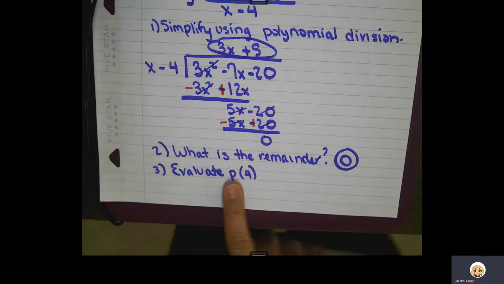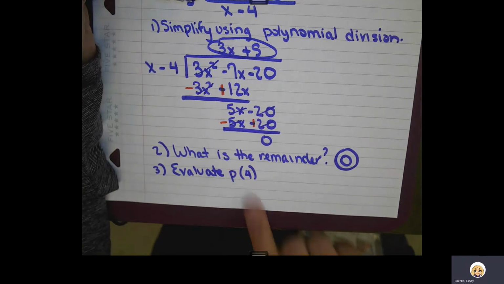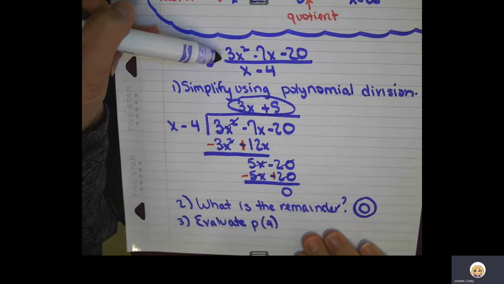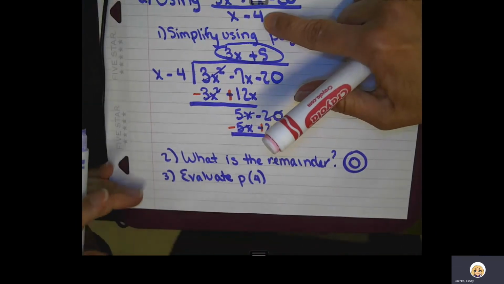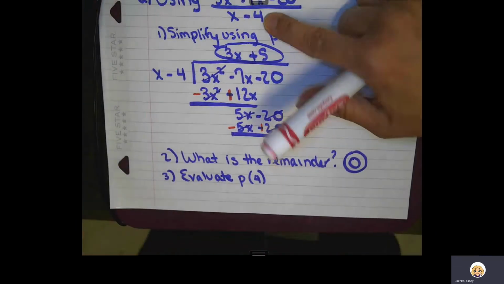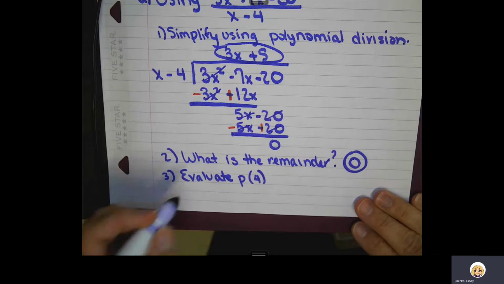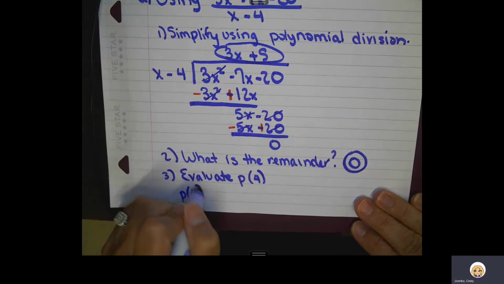Well, P is our polynomial, so we're going to plug this into our polynomial that is right up here, and we're going to change every P to 4. Where did the 4 come from? Because we are dividing by the factor x minus 4, and we're going to plug in 4 instead. So I'm going to have P of 4 equals,